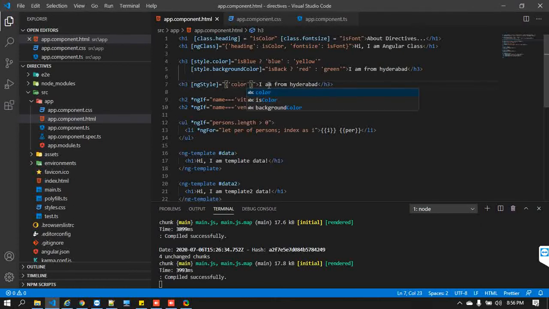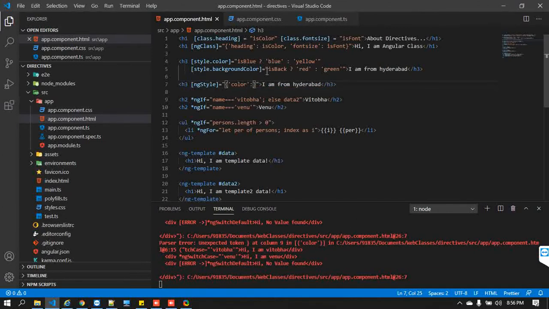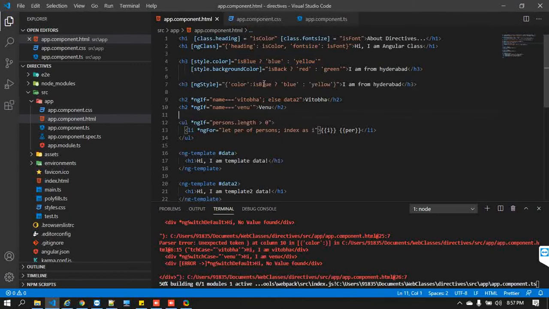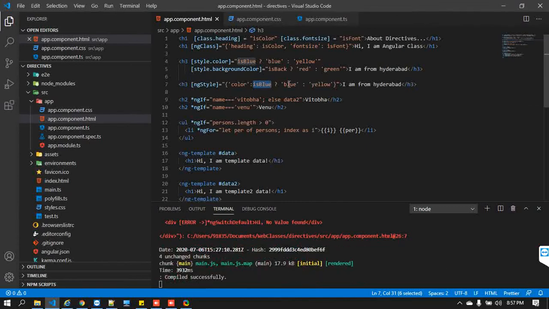Next, what are we going to do at this moment? If you look here, the next value is nothing but your condition, right? So I'm just going to take this and set it. What is happening is, if blue is true, then it is going to take the blue color, or else it is going to take the yellow color. So this is one thing I have added.